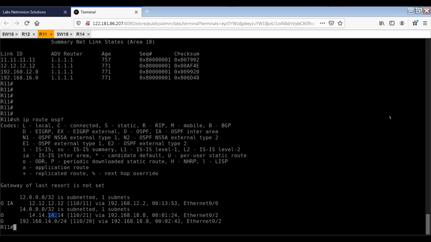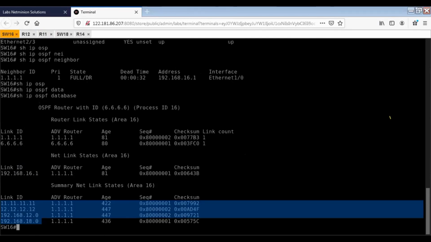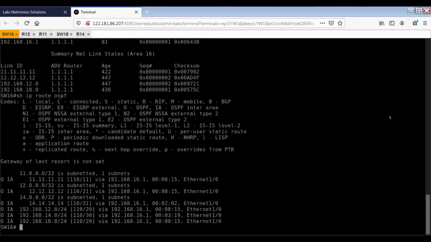So this 14.14 we are getting as the local OSPF route, and the rest are connected routes. So this is on a connected interface. Show IP route will tell you everything. So only one inter-area route. But if we go to 16, show IP route OSPF, we'll get many inter-area routes here.